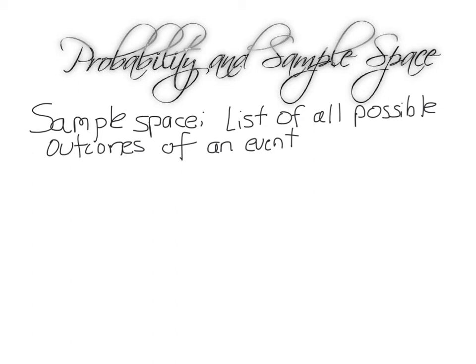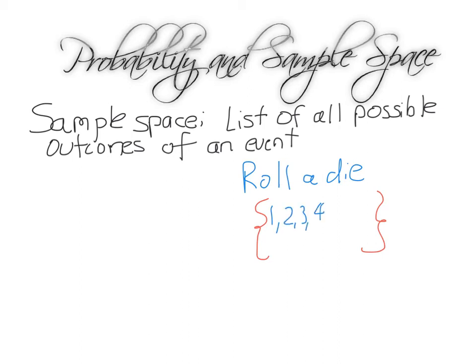Let's look at an easier one. So let's say I roll a die. That's an event, something that may or may not happen. So its sample space will just be the list of all things that could happen. So we usually put it in squiggly brackets like these, and we just list what could happen. So obviously if I roll a die, this is just a normal die that you're used to, I could get a 1, 2, 3, 4, 5, or 6.